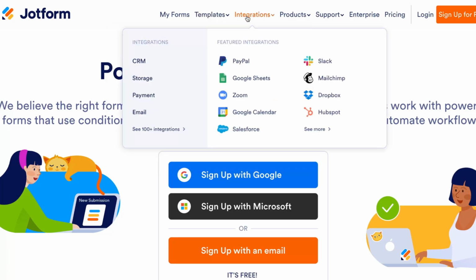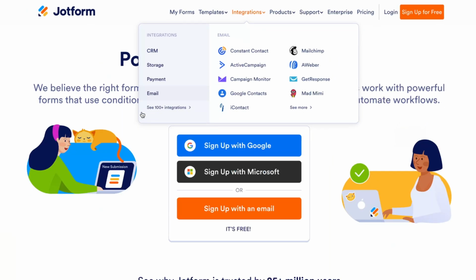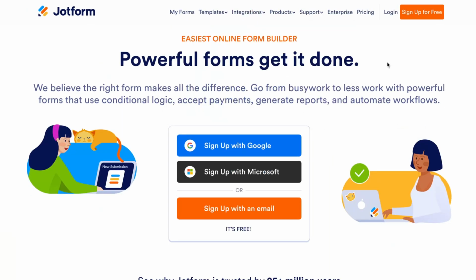They also have a lot of integrations with different CRM systems: Salesforce, HubSpot, Zoho, Zendesk, and so on. Storage, like Google Drive, Dropbox, and so on. Payment systems like PayPal and Stripe, and email marketing campaigns: Constant Contact, MailChimp, Aweber, and so on. As you can see, this platform is really powerful, and in order to start, you can just simply click